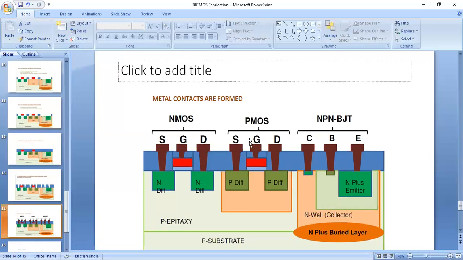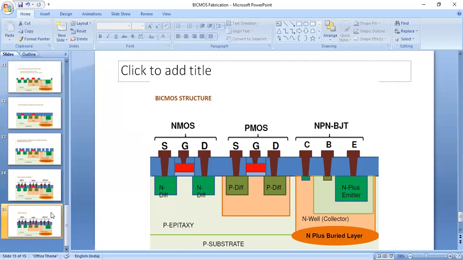Likewise, source, gate, drain for PMOS. Likewise, we'll get collector, base, emitter for the BJT. So in that way, the fabrication process steps have been completed, and we'll get the entire BiCMOS structure. Thank you.